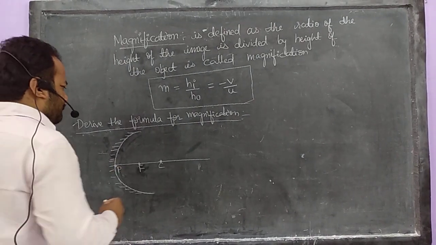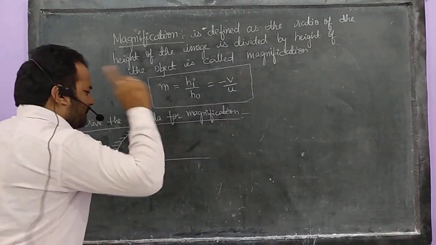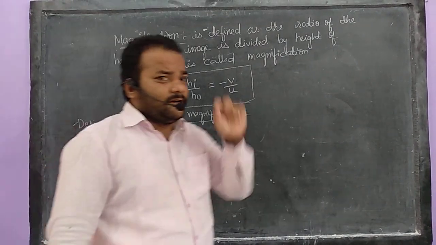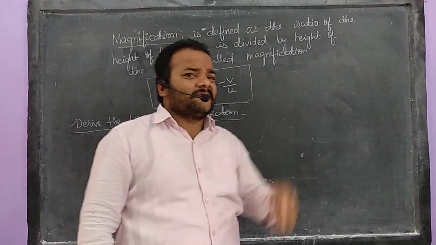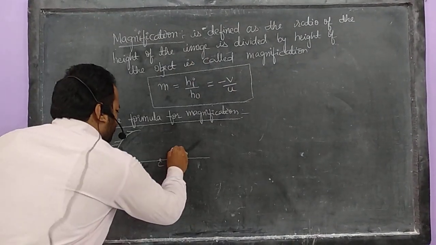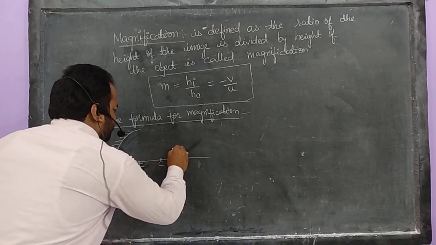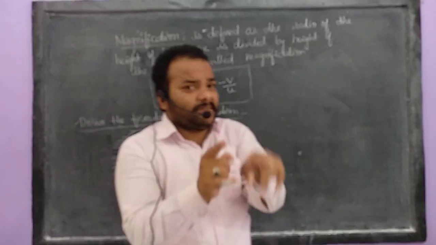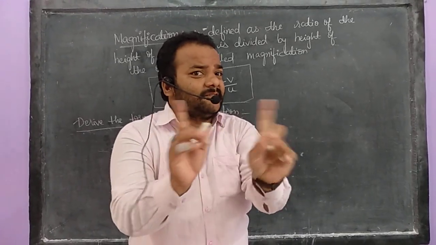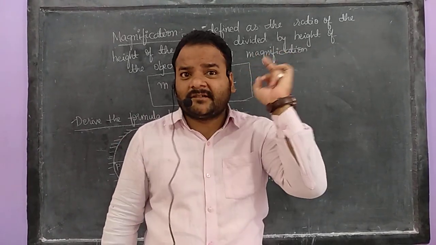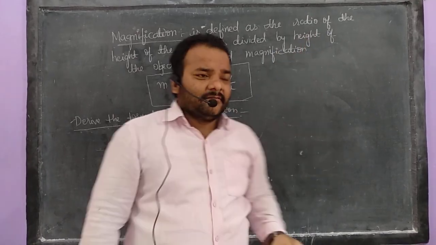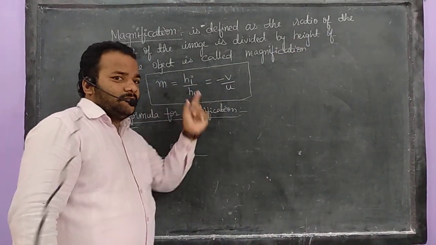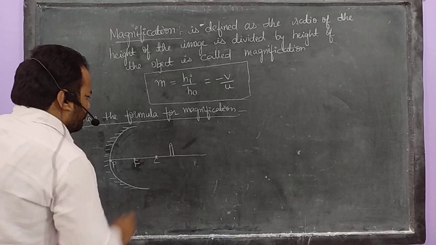Where do you have to place the object? Remember the first ray diagram, the first case of the concave mirror: the object is beyond the center of curvature. In this case, you should not apply rule 1 and rule 2. If you apply rule 1 and rule 2, you never get the similar triangles. We are using the concept of similar triangles for proving this formula. So you can go with rule 1 and rule 4.